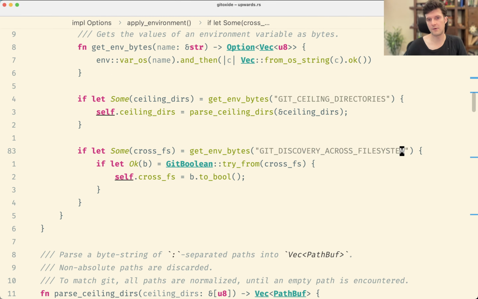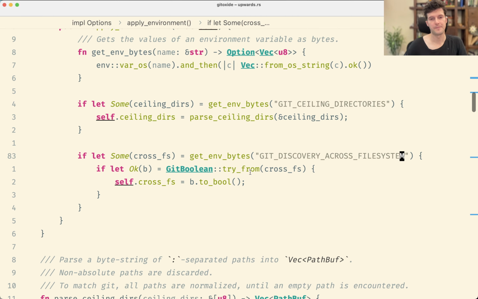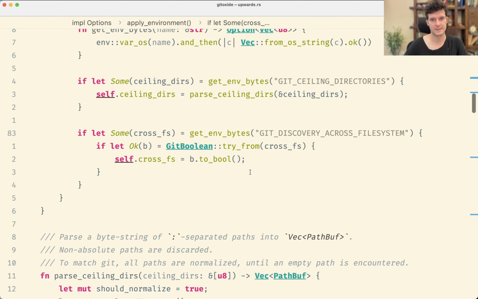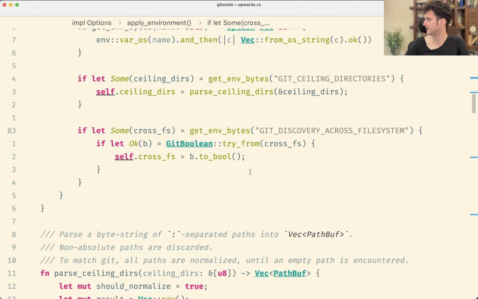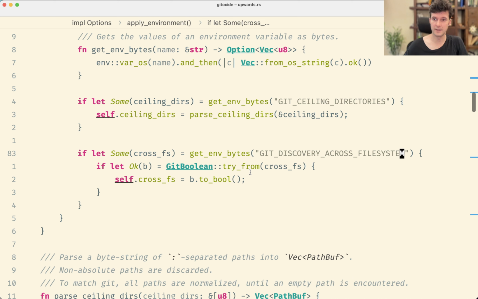But it would allow us to not have to copy paste code that we otherwise will have to copy paste. And I don't want to write all the tests for that. I'm happy to just copy. But you would have to, right? If you want to be doing things properly, you would have to do that. So the only way to do this properly is to use the git config crate,